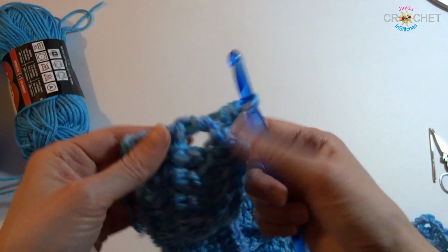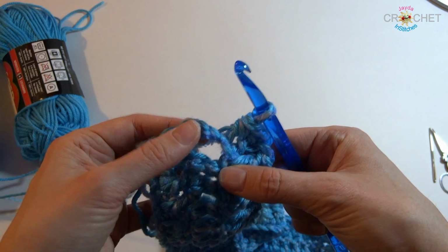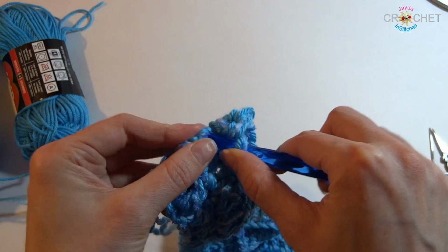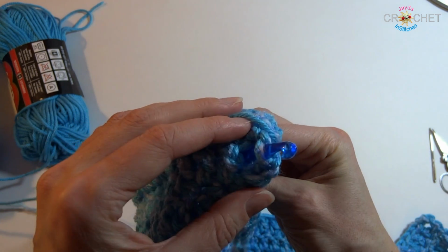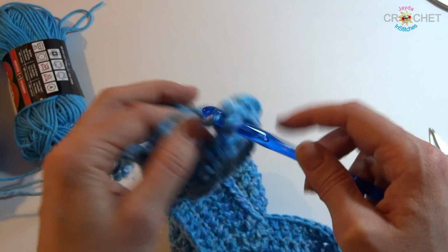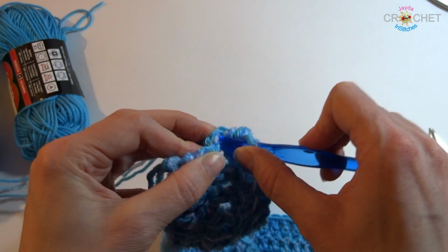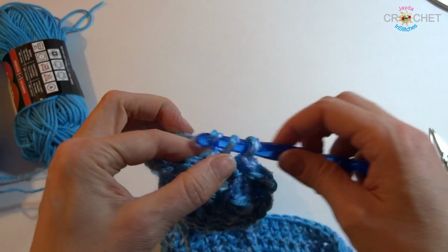You don't want to go right through that big space, because if you do that, it's going to make that space bigger and it'll really stand out. So you want to sort of bisect your stitch by sticking your hook right through the middle of it. You can see that I've stuck my hook through it. And you work a single crochet into that piece of stitch, and you do it again. So 2 single crochets for each double crochet that you made,